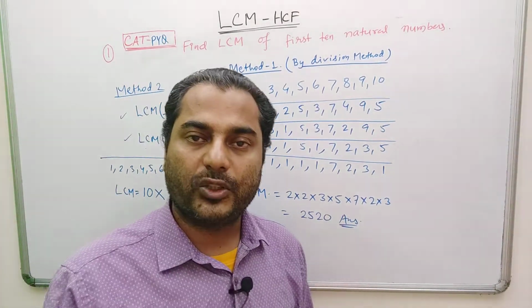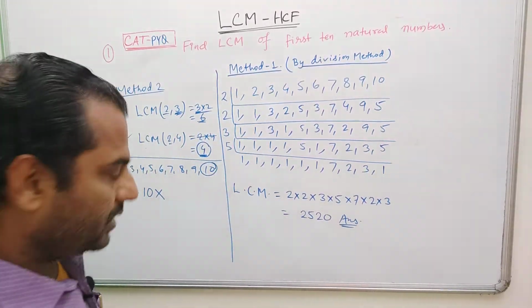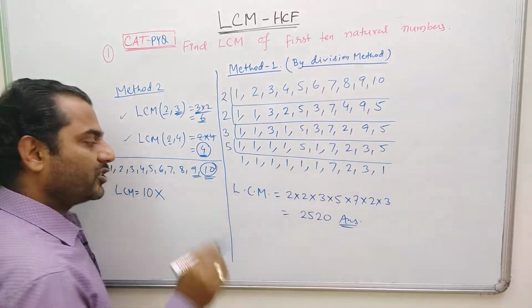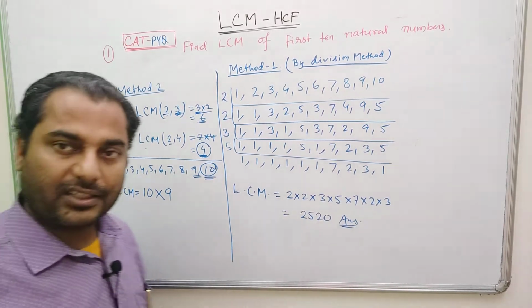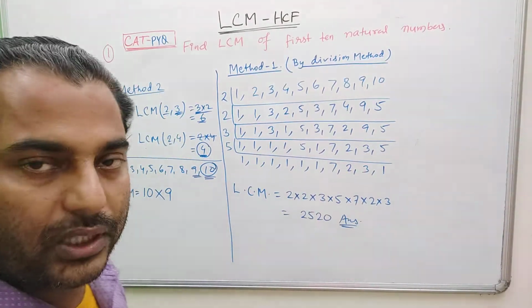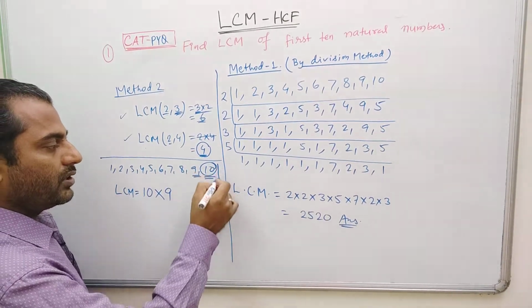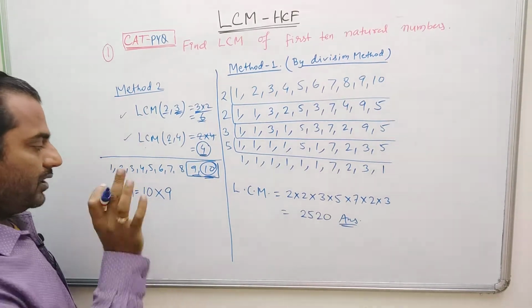The second thing is, two consecutive natural numbers are always co-prime numbers. Please note it down. Two consecutive natural numbers are always co-prime with each other. So if I take 10, 9 has to be there. So 10 into 9, because there is nothing common in 10 and 9. And when I say nothing common, obviously excluding 1. 1 is always a common factor of every number. So 10 into 9, two consecutive numbers. These two big numbers, the largest numbers of the given lot, have to be taken, right?